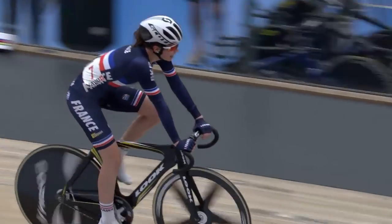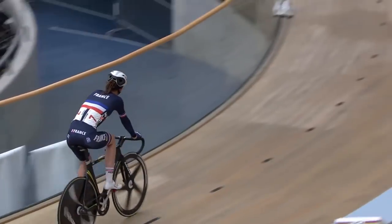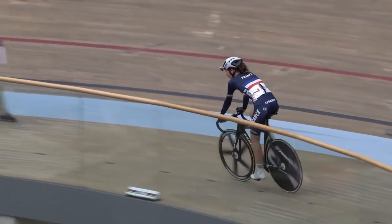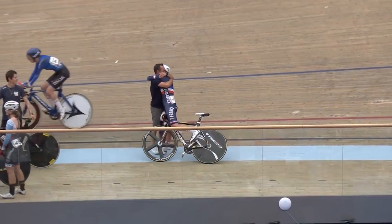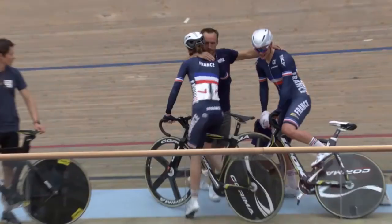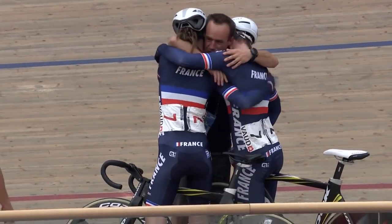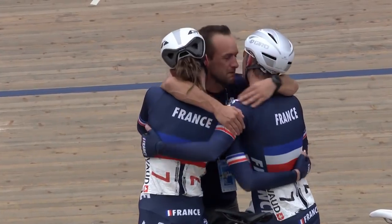You have to feel a little bit for the Italians. Remember, they are the team who crashed very heavily in the opening laps of that Madison, got back into the action, so very close to taking a medal once again for Italy. We've had a great championship so far. They are currently leading the medal table going into this final day of competition with those 4 gold medals already to their credit. But it is France who are celebrating in absolutely fine style over there with both riders receiving